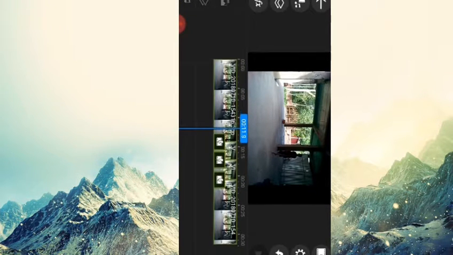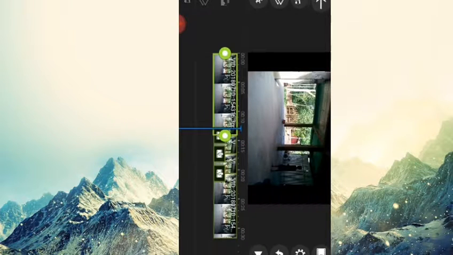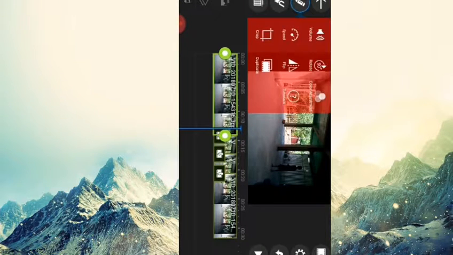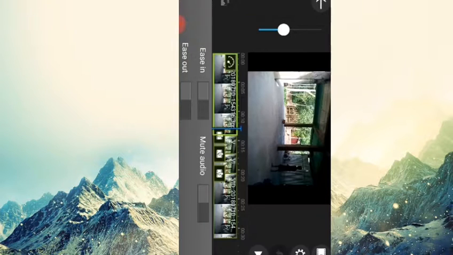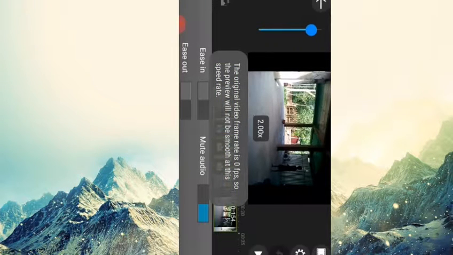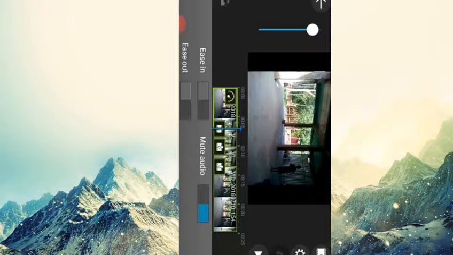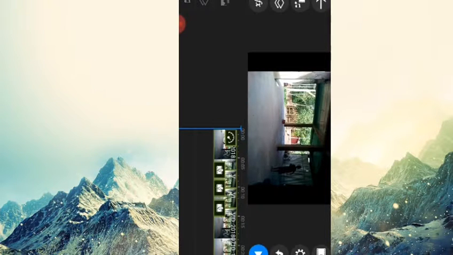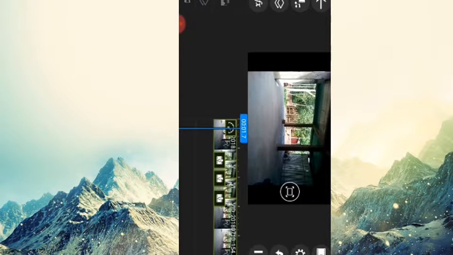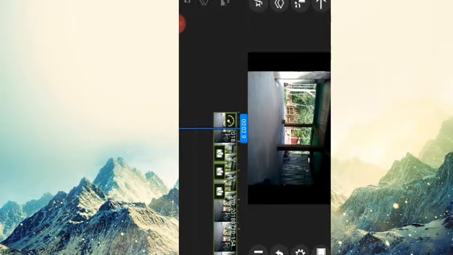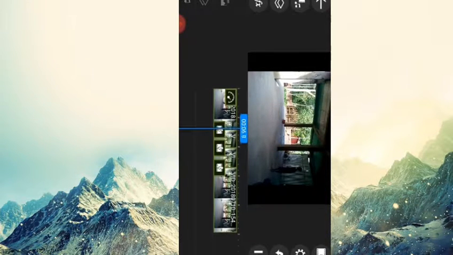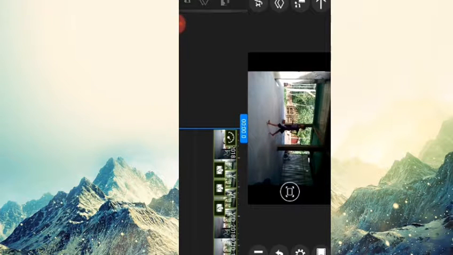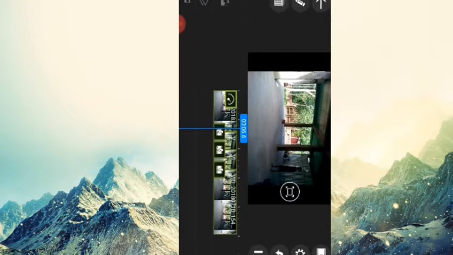Then you can go here, then click here, then click the pencil option, then click the speed, then you can make it full speed. Now your speed will be made. See, friends, if it is not made like this, you can delete it, friends,